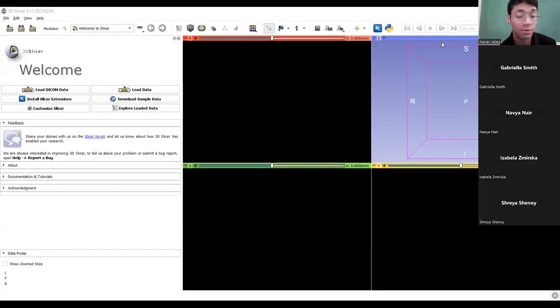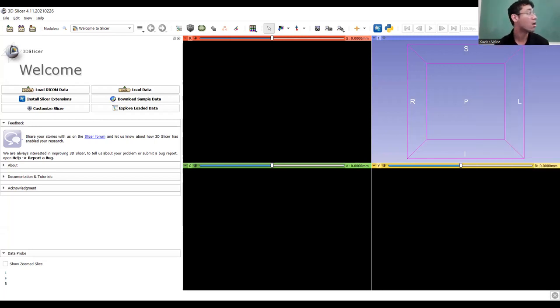Just a little bit of background on Slicer for those of you who may not have heard of it. This is pretty much a tool that allows you to segment the body, taking CT scans and isolating different body parts and then exporting them as any sort of object file. This is primarily useful if you are taking CT scans and want to either model and design